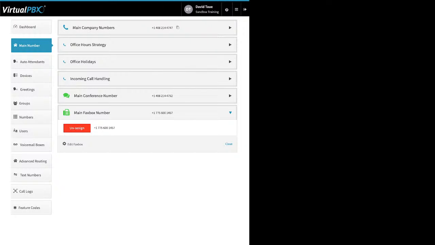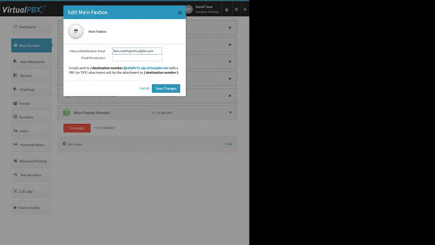Main fax box, you can only have the main fax box number, so that's why I don't have the option to add from spare or buy new. For your new accounts, you would have them here. Then you have the edit fax box. Click on that, opens up a new window. So this one here